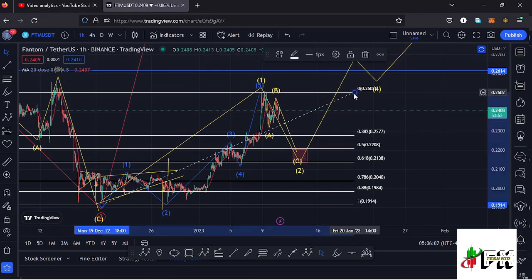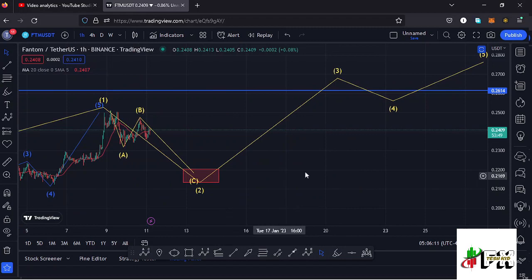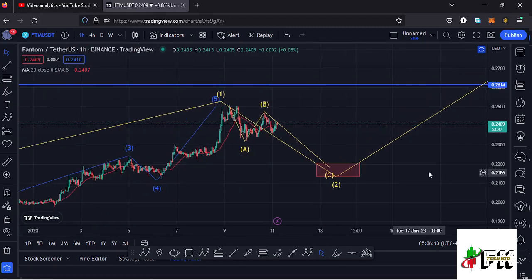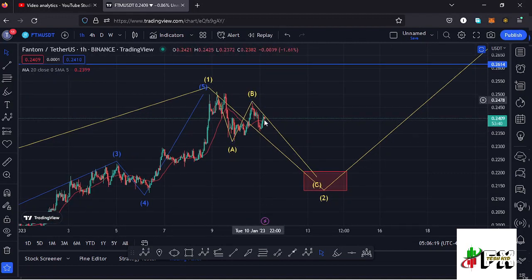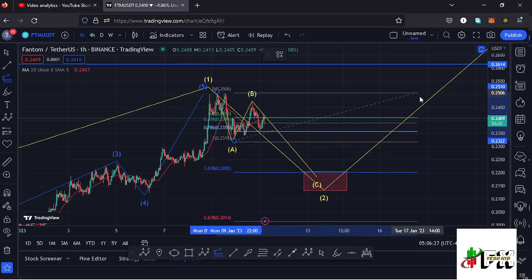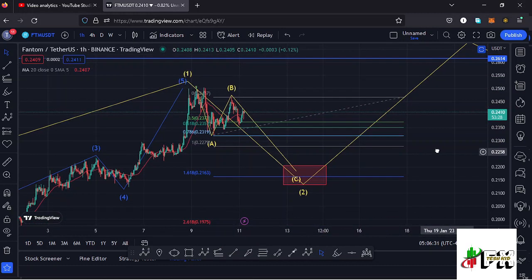And that is the minimum that I'm expecting this second wave to the lower side to do. Also, using the trend-based Fibonacci, we can still sketch out a minimum retracement area to the lower side in the formation of this second wave using this ABC corrective structure that I have right here, by connecting the trend-based Fibonacci from the high of the wave A to the low of that wave A, then dragging the fibs to the high of that wave B, and that gives me a minimum target area to the lower side in the